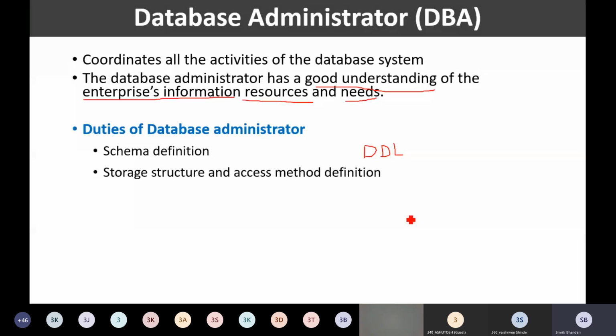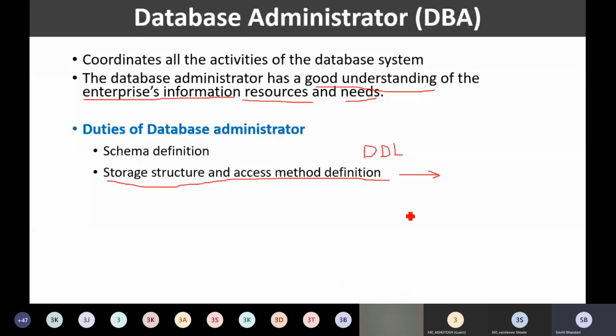Okay? So the second duty of the database administrator is the storage structure and access method definition. So what we mean by that is, in fact, the database administrator should be aware of how actually the data is being stored at the physical level. We have already talked about the physical level of the database system, right?